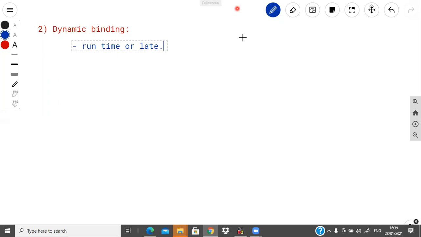To achieve this, we have to use the virtual function. So what is the virtual function? We can define the virtual function using the virtual keyword. Generally the virtual functions are associated with the base class.